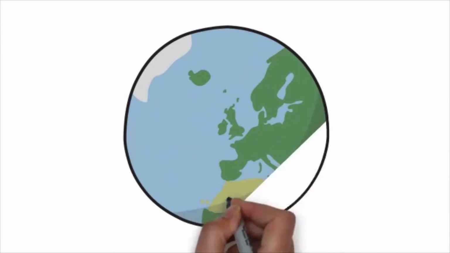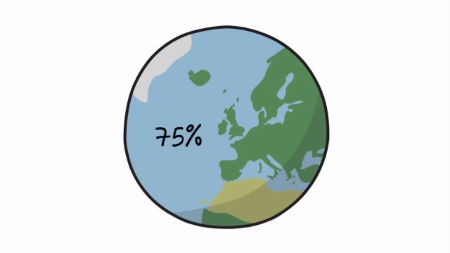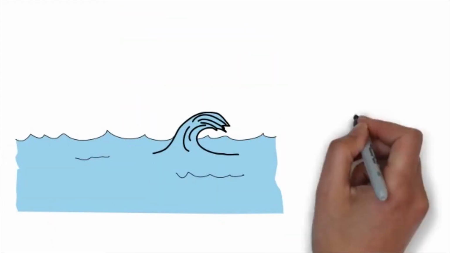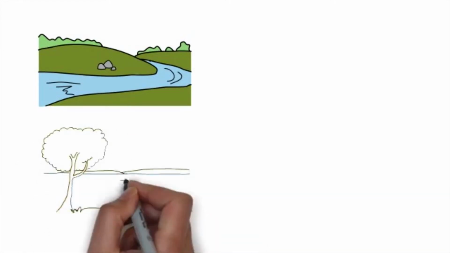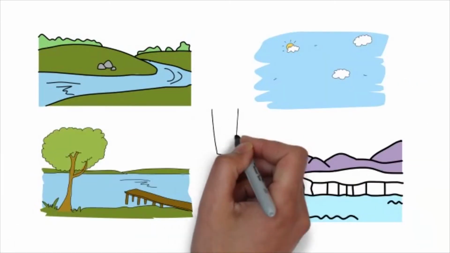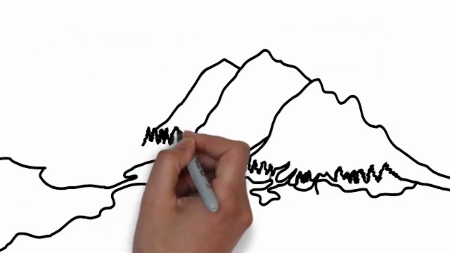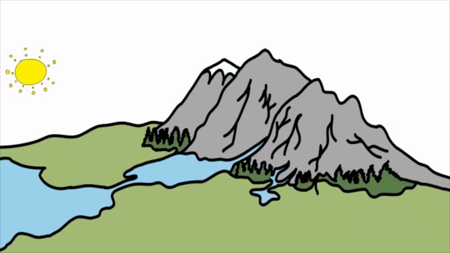We call Earth the blue planet because 75% of its surface is covered in water. There are two types of water: salt water, which is commonly found in oceans and cannot be ingested by living beings, and fresh water, which is commonly found in rivers, lakes, clouds, and glaciers, and can be ingested by living beings. Earth has a limited water supply that is constantly reused and moved around the water cycle as it changes